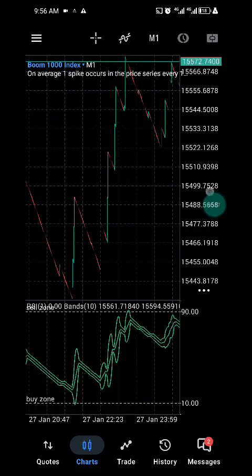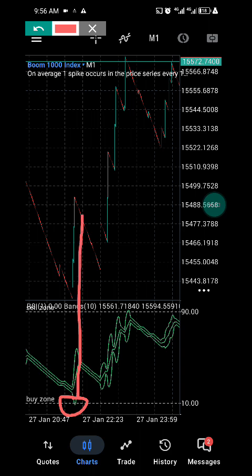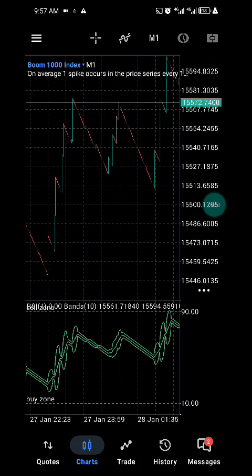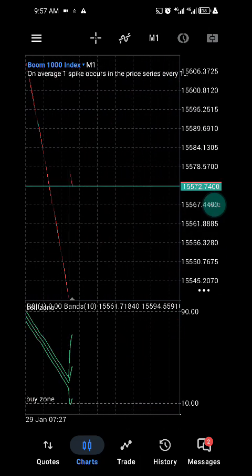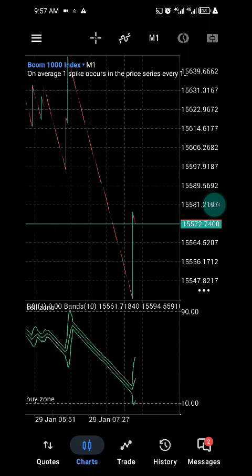We can see we have another confirmation here also. We have another confirmation here. We can see what happened. The confirmation just confirmed at this level, and at our entry here, we can see what happened. We have a massive spike to catch. So let me show you how this particular strategy works